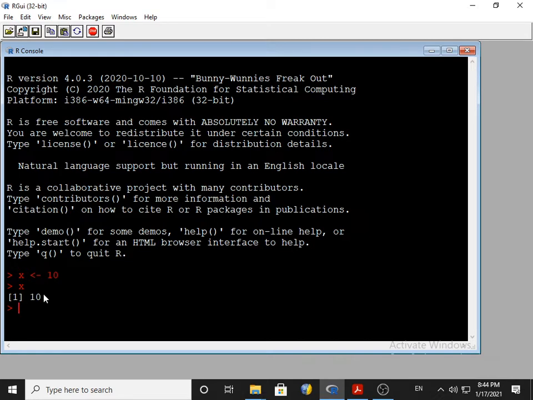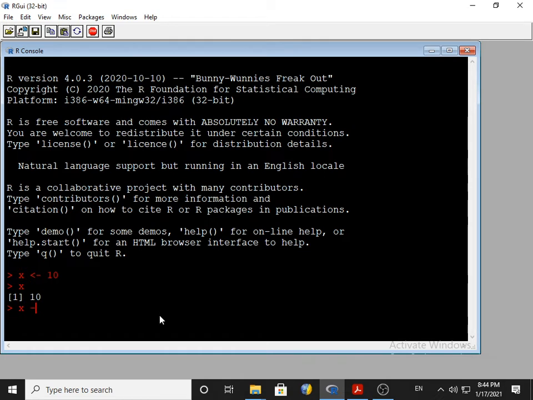Now, why does 1 come over here in square brackets? Because it is one outcome. For the number of outcomes, that many numbers in the square bracket series will display. Here 1 does not mean one answer, 1 means one outcome. Okay. So you can store a number as the value of a variable, but you can also use a string.